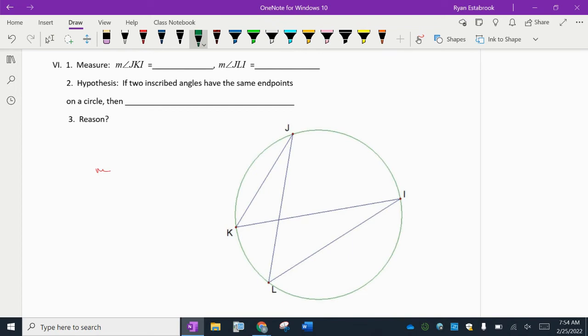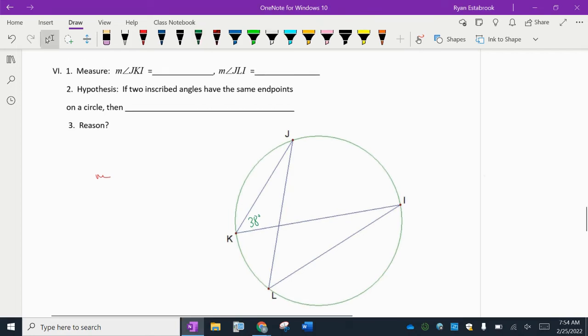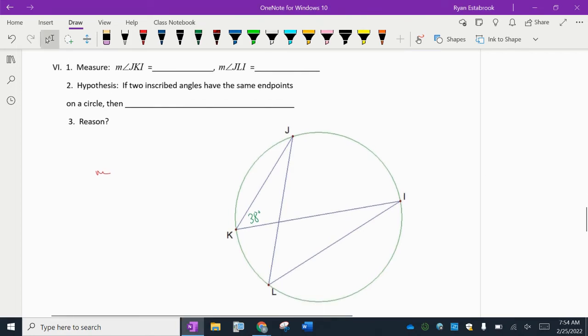It says measure angle JKI, measure angle JLI. Okay, so I don't necessarily know what they are, but let me say that I'm going to kind of eyeball and say, I think maybe this is 38 degrees. So if that angle is 38 degrees, what implications does that have for us? Well,